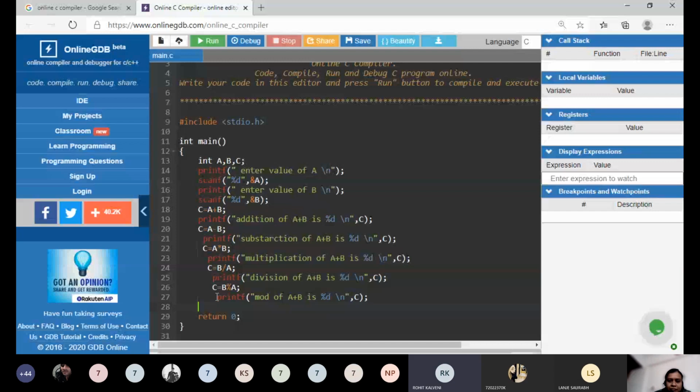Ma'am, 2 and 0. B divided by A I should get 2, and B mod A I should get 0, because there is no remainder. But if I take B value 22 and A value 10, then I will get division 2 and remainder or mod is also 2. Okay.